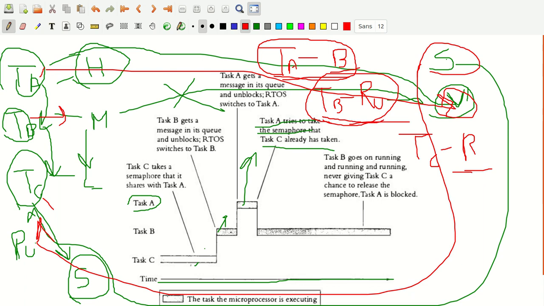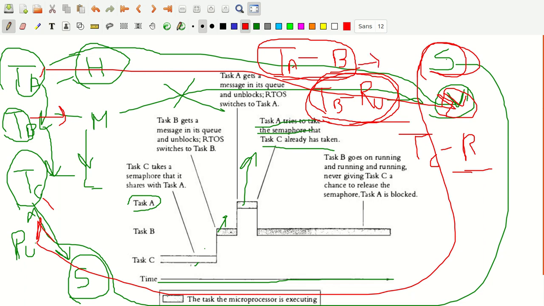Now task B again comes back to the running state. Why does it come back to the running state? I am just repeating the statements I said earlier. Task B comes to the running state because task A goes to the block state. Why did it go to the block state? Because it wanted access to the variable, but that variable was protected by the semaphore S, the semaphore key, and that was being held by task C. Let's observe the beauty of this semaphore problem and how it causes trouble.